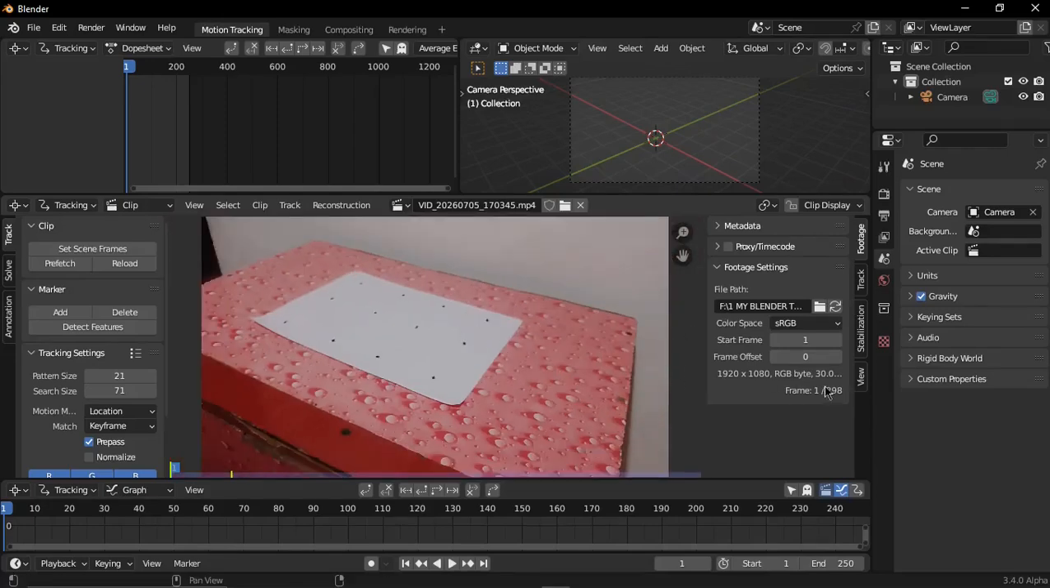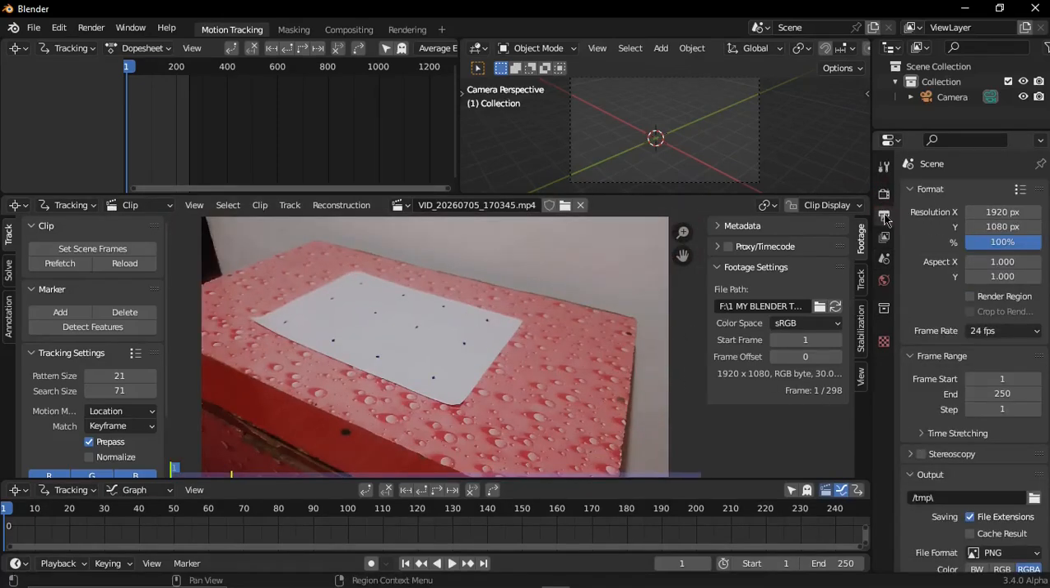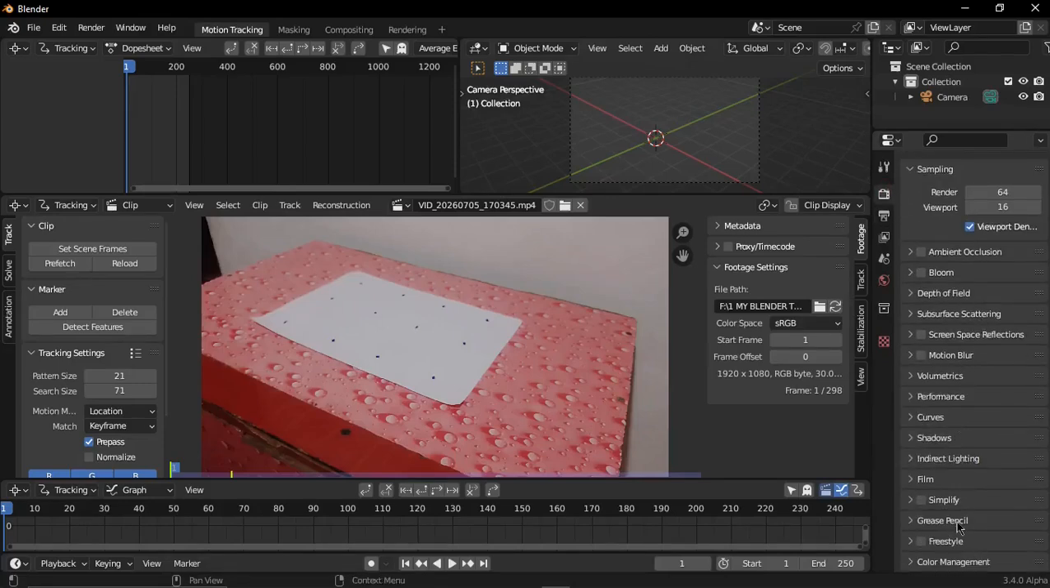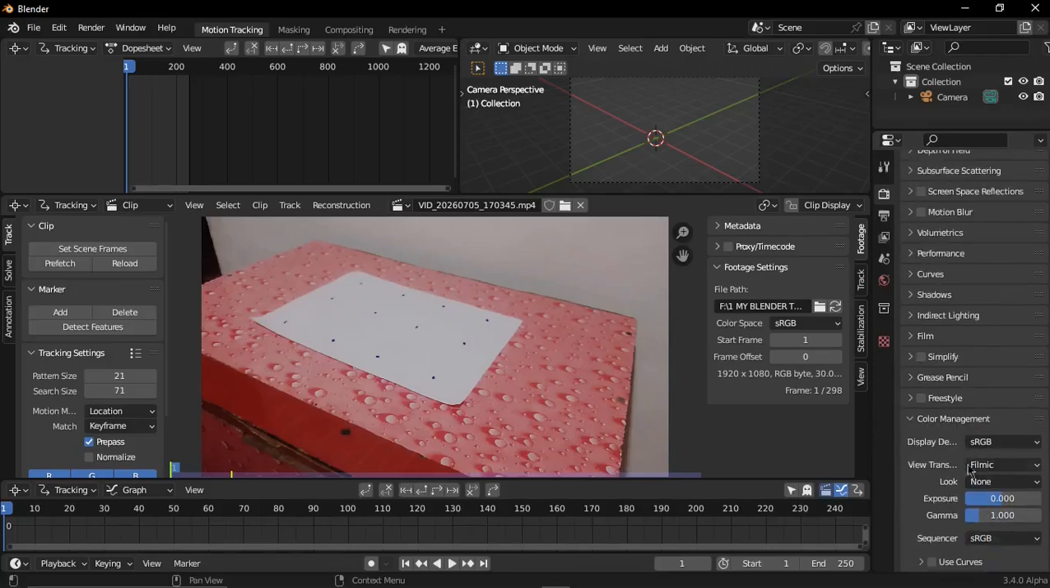My video footage frame rate is 13, so go to Output Properties and change the frame rate to 13. Then go to Render Properties, scroll down to Color Management, change Filmic to Standard, click Normalize, click Set Scene Frame and click Prefetch. Load your footage